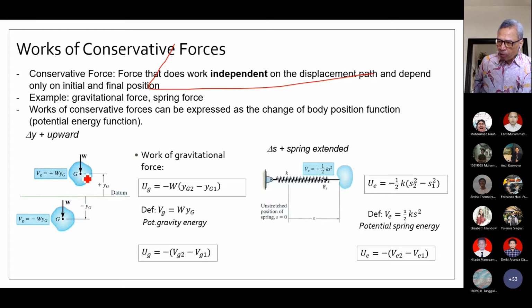Center of mass-nya ada di sini. Sorry, saya salah. Ini kita melihat benda yang sedang berpindah dalam arah vertikal, dengan perpindahan positif dari reference 0 ke plus YG, posisi vertikalnya berapa, maka